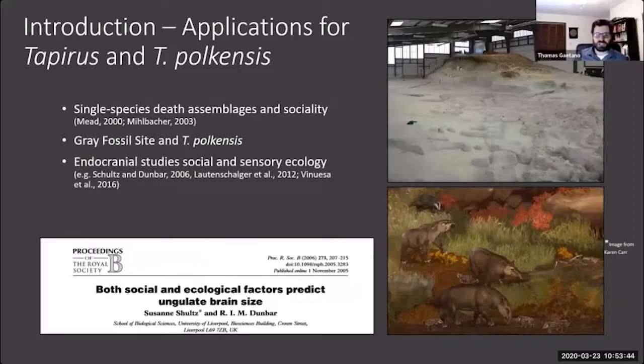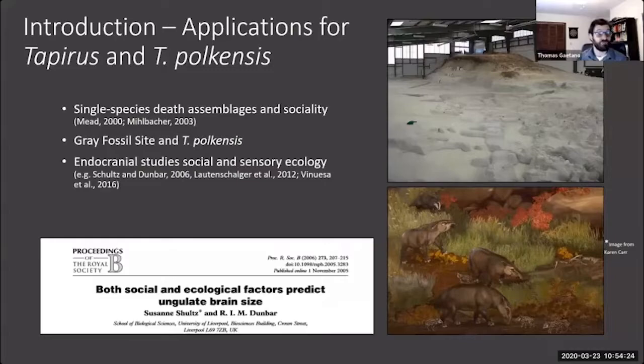As far as paleontology, a single species death assemblage is often used to interpret social behaviors in extinct animals, but only if the geology fits a certain criteria. This image up here is a shot of the Ashfall Fossil Beds, which is an example of how you can have a large number of individuals at various ontogeny stages, and even if they're sexually dimorphic, you can use that to investigate what their social system was like and what their mating systems might have been like, because we can be confident that they all were living and dying in that place at the same time.